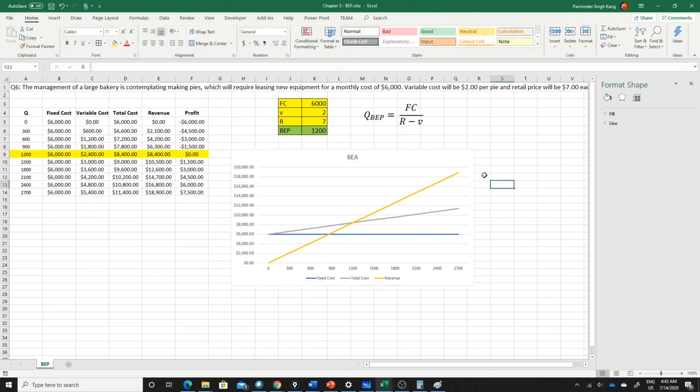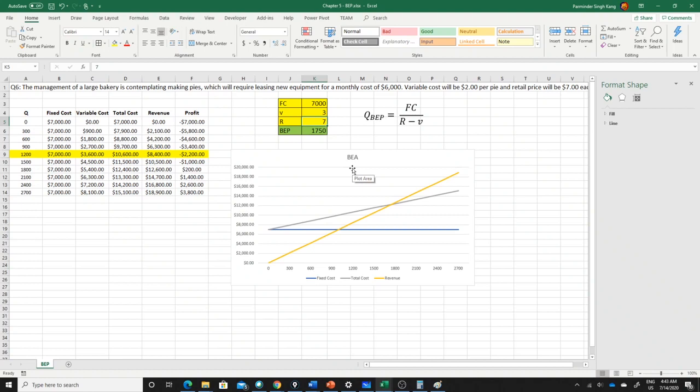Okay, so getting back to my first point on the automation. Let's say the fixed cost is $7,000. Once you change this, your plot and the table we created, all those values are going to change. Anything you change here is going to get reflected into the table. That's why it's essential to automate the Excel sheets so that you're minimizing the effort when it comes to the analysis. So my recommendation, never type your numbers. Try to automate as much as possible so that you're minimizing the effort when it comes to